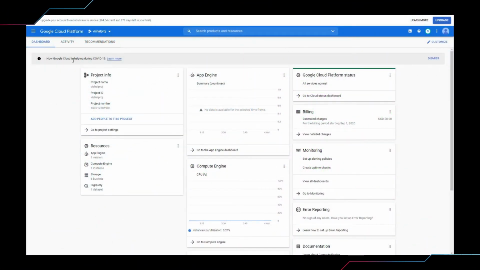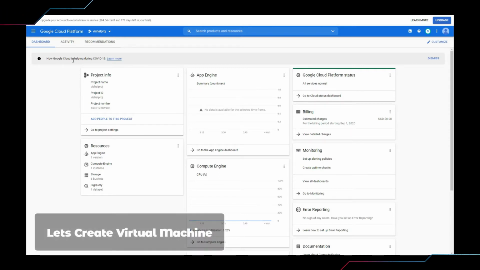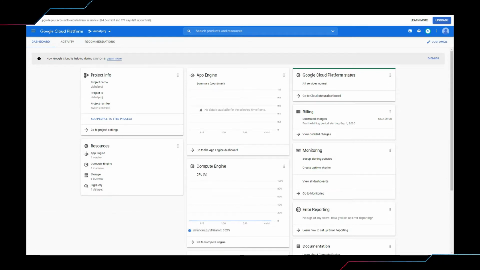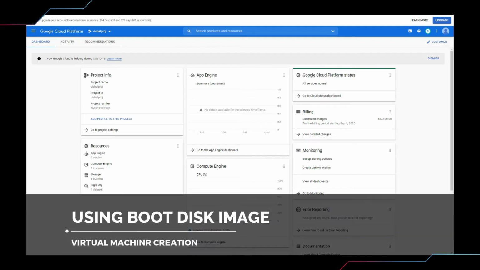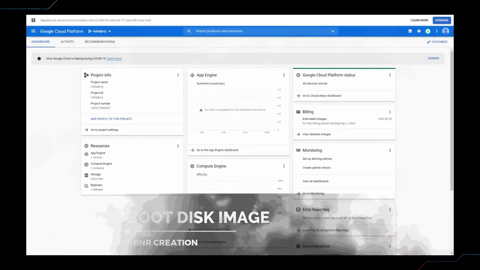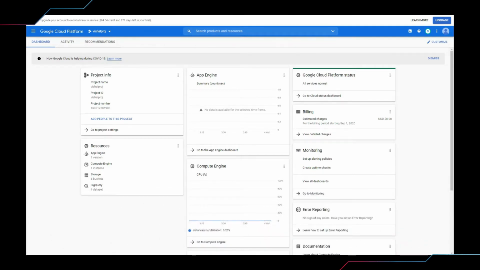Alright, welcome to this demo. In this demo, we are going to create a virtual machine. We're going to learn how to create a VM instance using a boot disk image. We will see different image options which are there in Google Cloud, and we'll learn how to create a